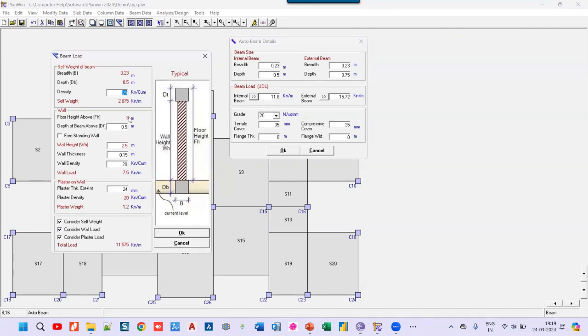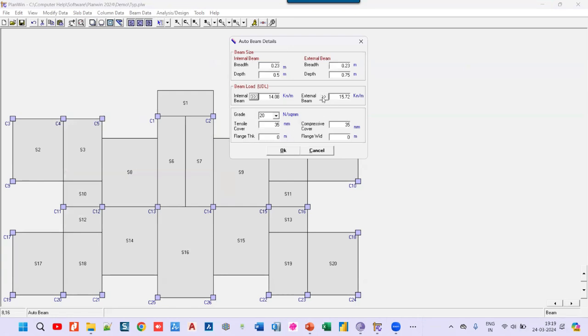So this is my slab load, floor to floor. And on top, there is the beam height, so wall height is 2.5 meter. Suppose I want to give a wall thickness of 0.2. Wall density I'm keeping the same, and plaster thickness I'm keeping 24. And I say okay. Now for the external beam,